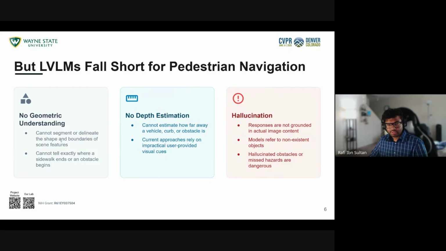But the current large vision language model doesn't provide any geometric output. Let's say it cannot segment or delineate the shape and boundaries of the scene features. It can say there is a curb or a bench in front of you, but it cannot provide exactly where the bench is or exactly what the shape of the bench is. Also for long elongated structures like a sidewalk, let's say there's a sidewalk ahead of you, this model will not tell you exactly where the sidewalk ends